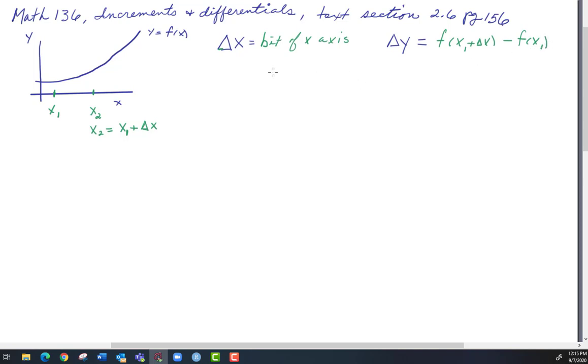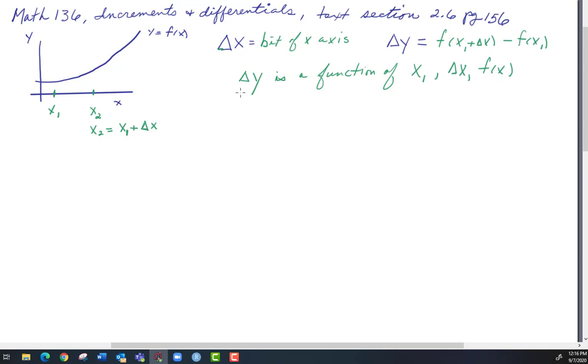And that tells me that delta x is independent. It's just a piece of the x-axis. But delta y is a little more complicated. Delta y is a function of the x1 that we pick,